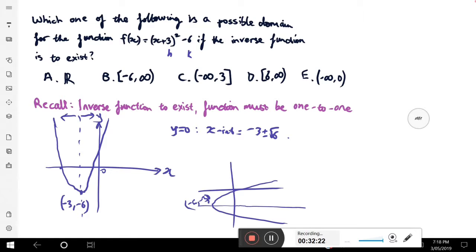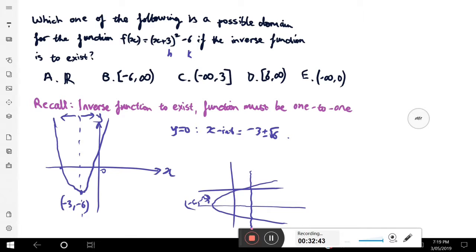Because if you don't restrict it, then you're going to end up using your vertical line test. You're going to have two values. That's why you have to cut it down the line of symmetry. Okay, so what is this value? We know that the x value here, just looking at the first graph we drew, is -3. So for a 1 to 1, we can restrict the domain